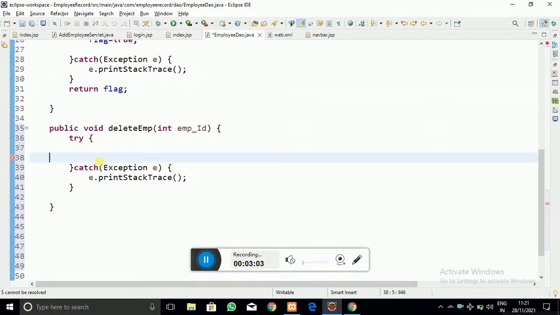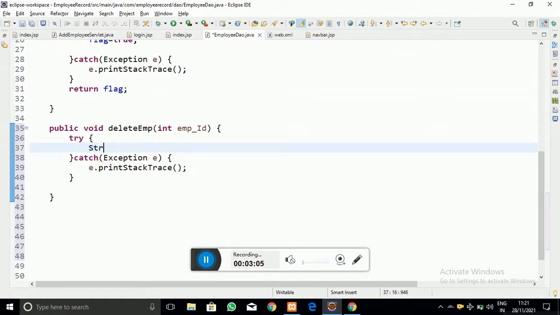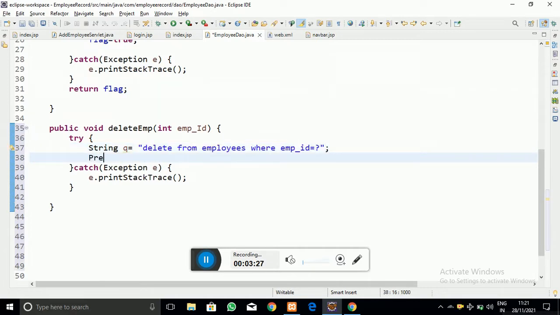Now let me create a query string, such that I can delete the data. String query: delete from employees, where in the where clause employee id equal to question mark.